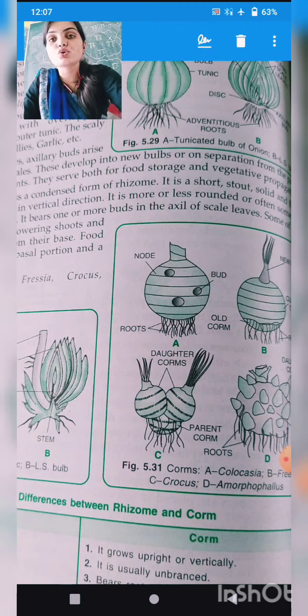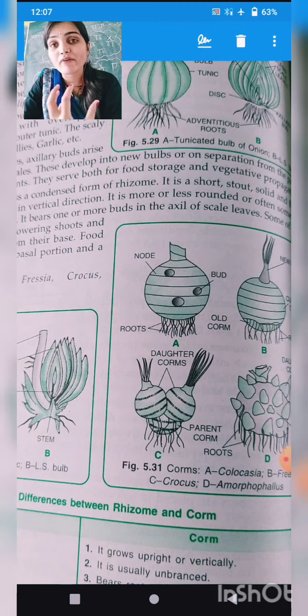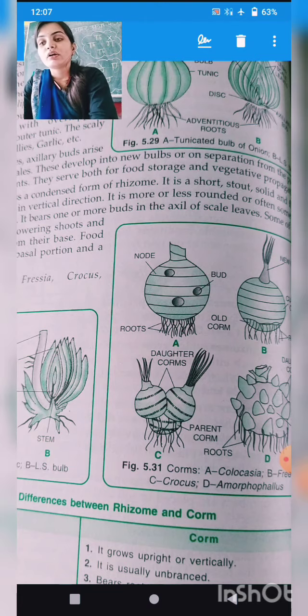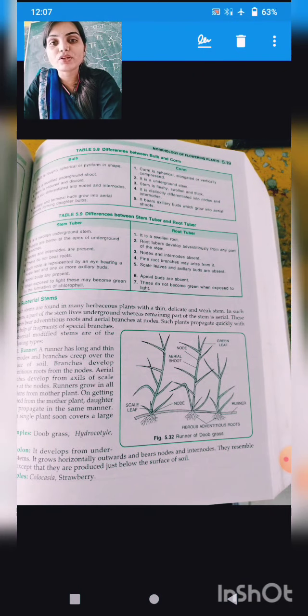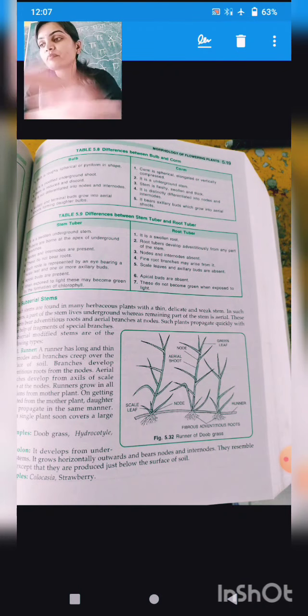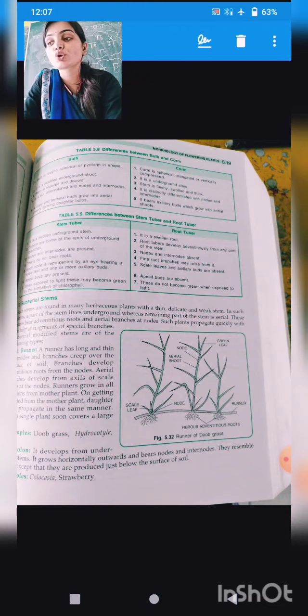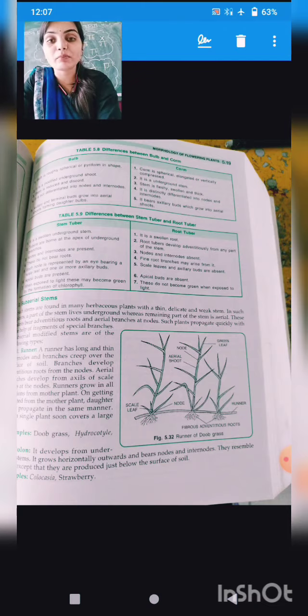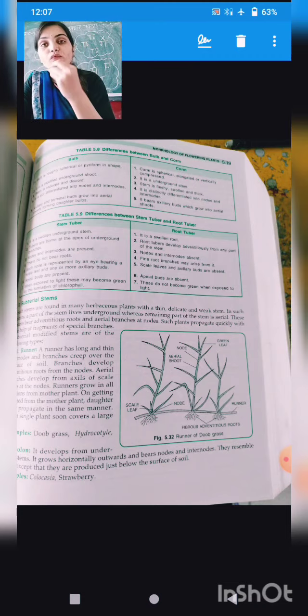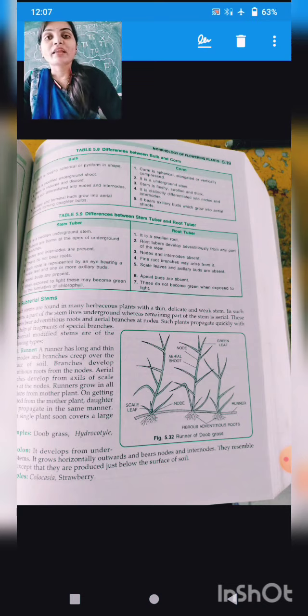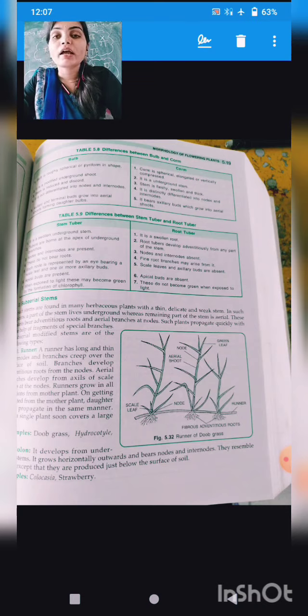Okay, these are also a fruit which is having a modified stem. Now the modified stem is having food inside it, so it is edible. Okay, now here in the other page you can see there are different types of stem which show the example of runner. Runner means when the stem goes on soil, it will form root from it. Okay, and when it forms root, it will grow into an individual plant.